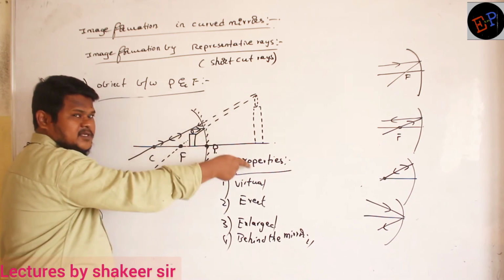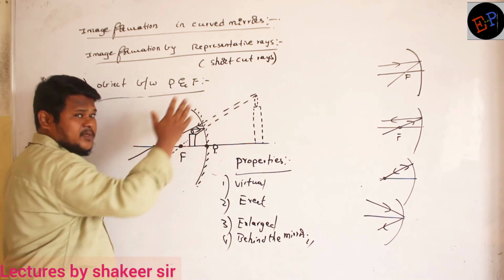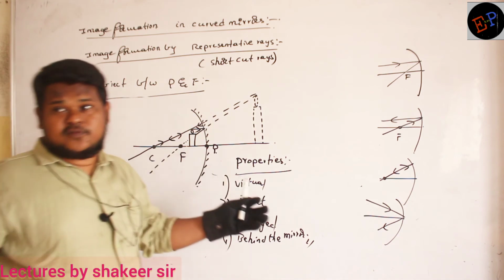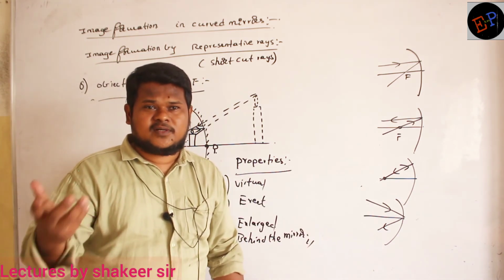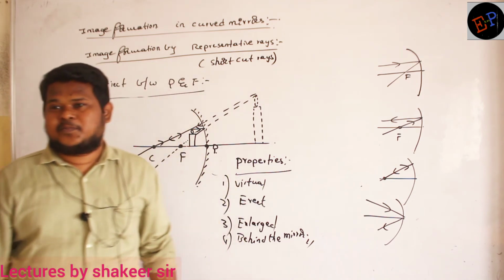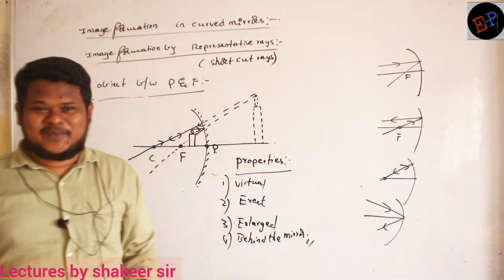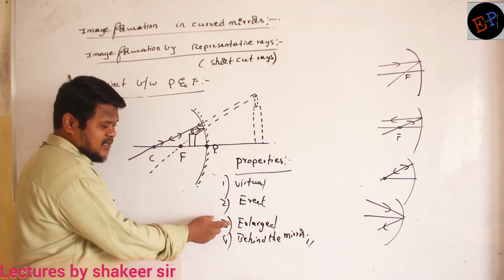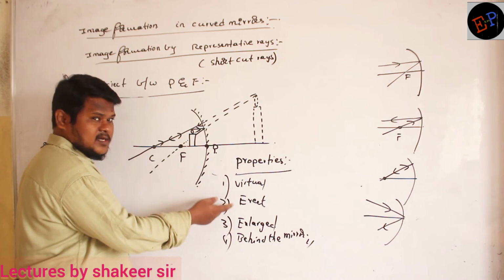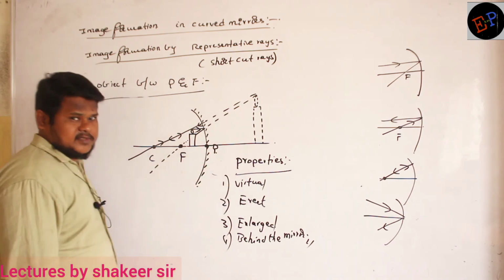Immediately, what kind of image will be created? An enlarged virtual image will be created. It means the size of your tooth will be increased. He sees that image and estimates what he has to do with your tooth, whether to remove it or repair it. Are you able to understand? That's it. So what is the nature of the image, ma? It is an enlarged image, virtual image, erect image, and it is formed inside the mirror.